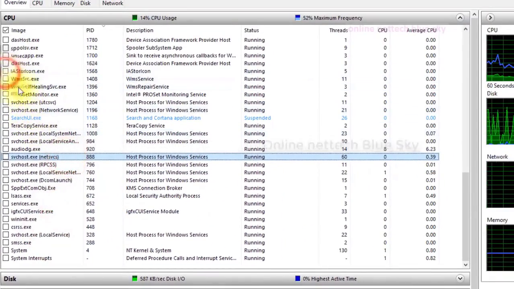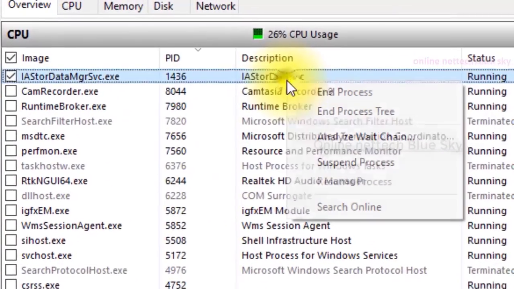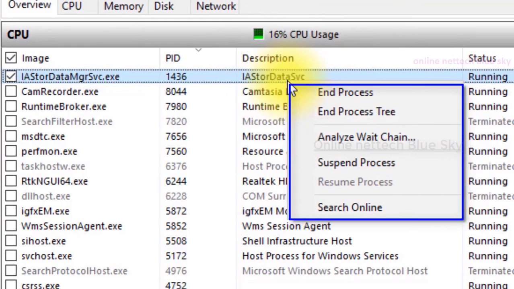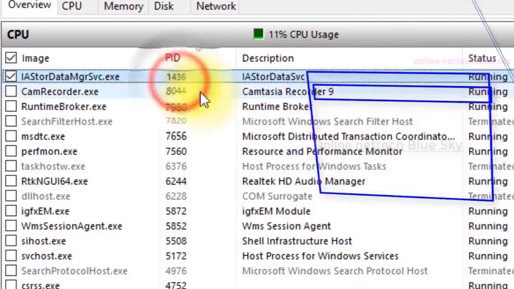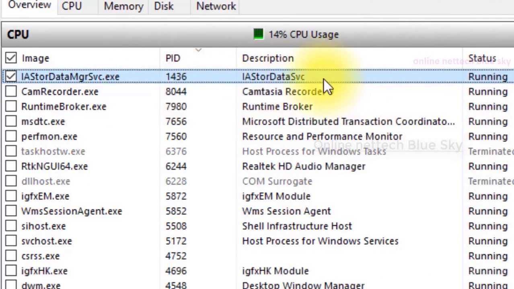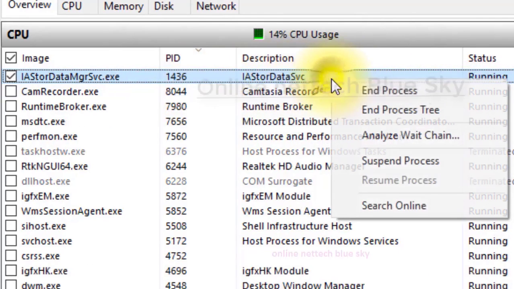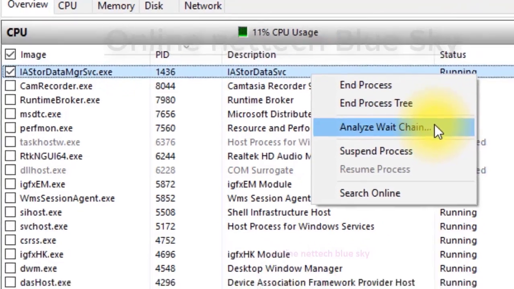Starting booting, just cut it. Starting time is very important here. You can see, right click and end process. What does end process mean? When you click end process, these services change status and stop here. End process means this type of file with other files, and process means all of the files.